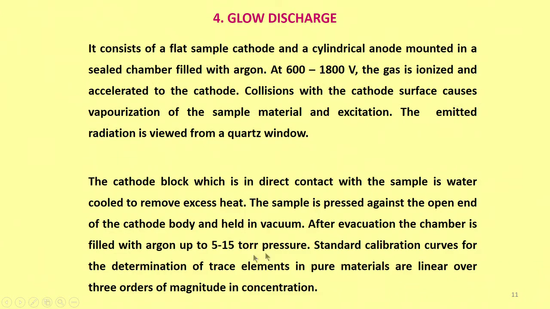So, if neon gas is maintained at low level, the ions will be generated, and after some time, instead of neon gas ions, the sample ionization will be more, they will overtake the neon gas ions. That is how you will get different colors. Okay. So, the sample must be pressed against the open end, put it there and then strike the glow and then hold it in vacuum, that is important.